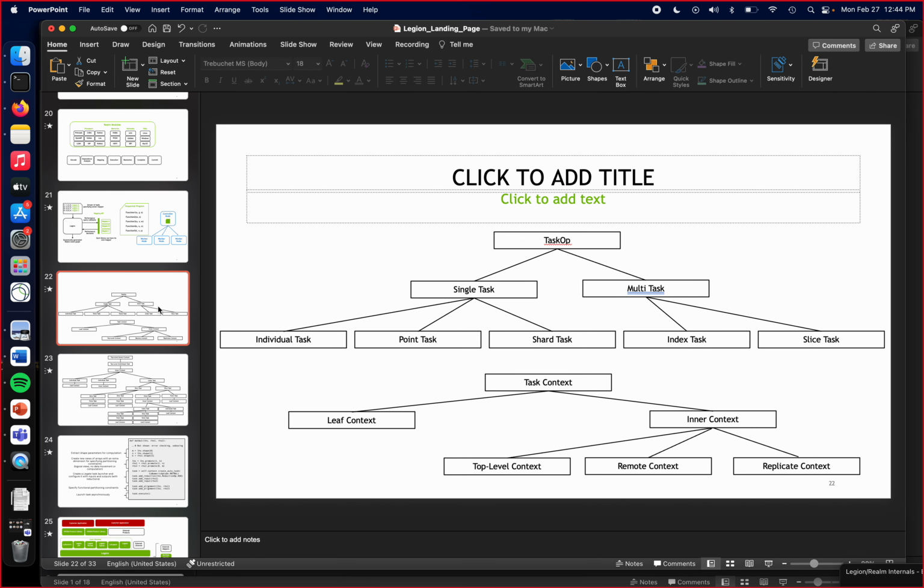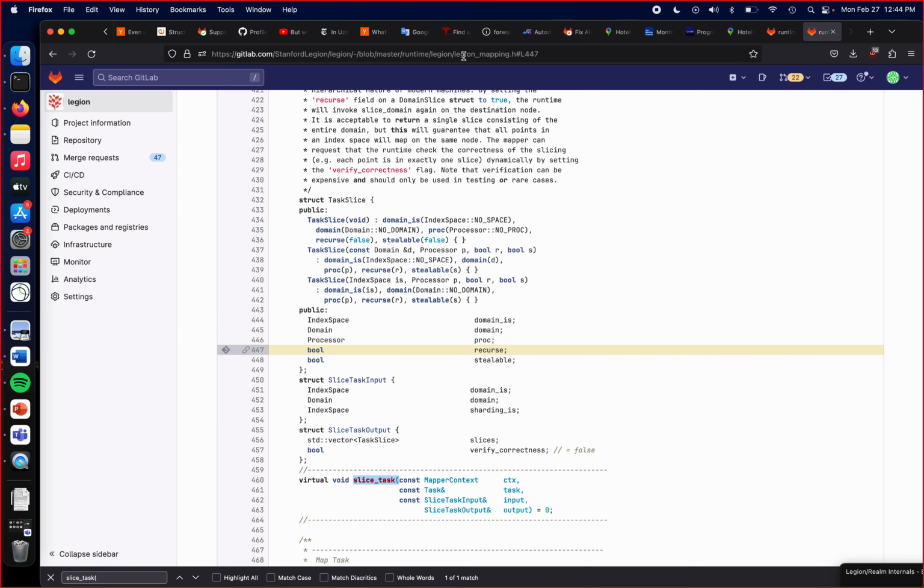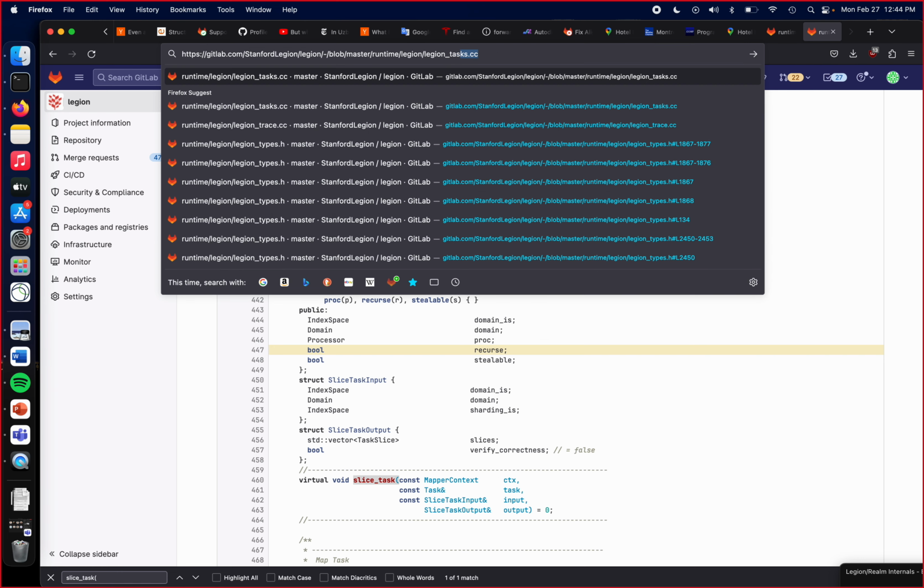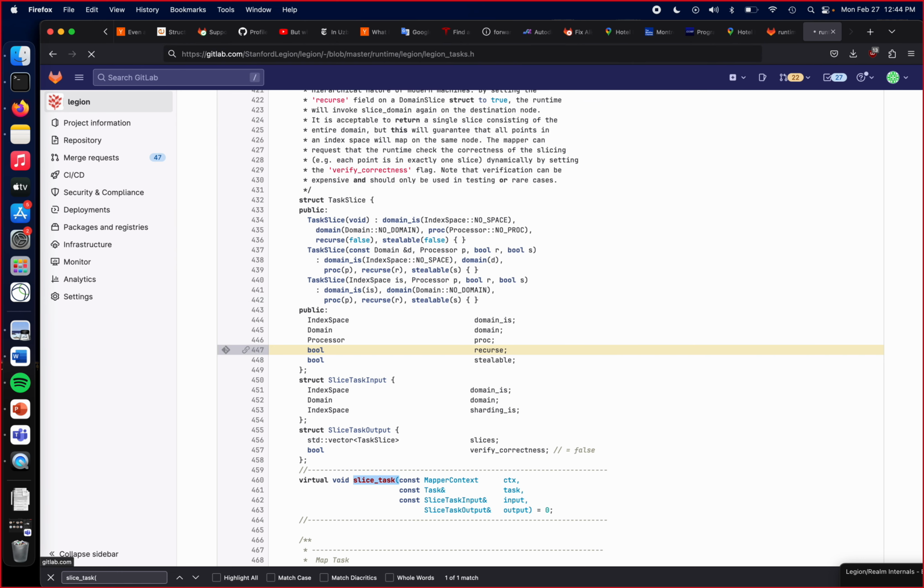And so that brings us back to this type tree. So you can see how this is being used. Every single task can have a context associated with it, whether it's a leaf context or an inner context, that depends on the task variant that the mapper chooses. And then multitasks are representing your groups of tasks. You can find all of this code. Let me show you where this is. So if we look in Legion task.h,